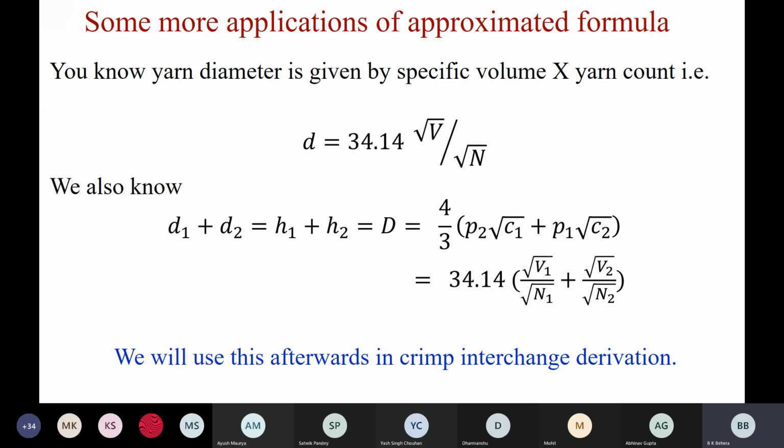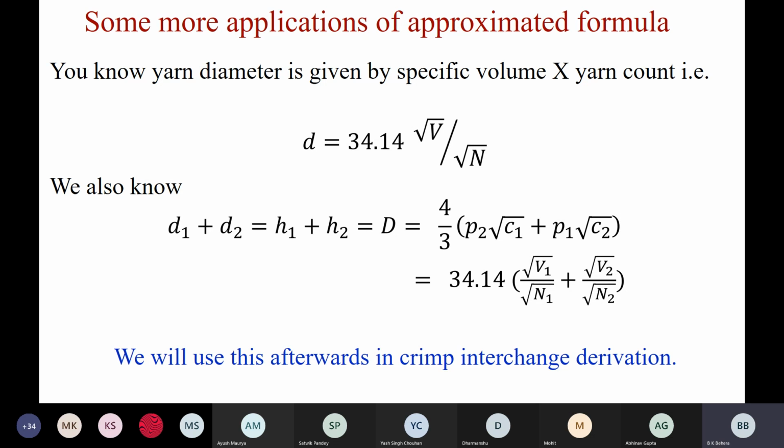Here I have taken the diameter of yarn. This is another relationship. I have not derived this. You will get this derivation from the yarn part, Theory of Textile Structure, yarn part. Professor Ishtiaq will give you the derivation of this. I have given you only two equations in tutorial class. So far we have done only two tutorial classes.